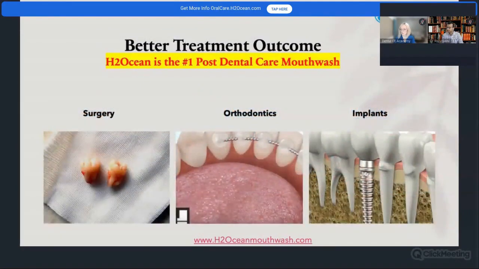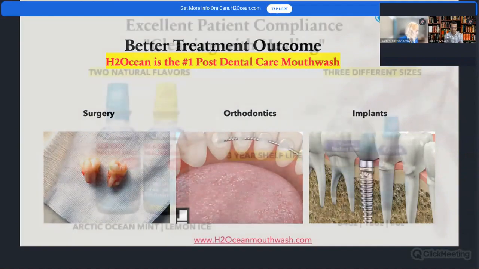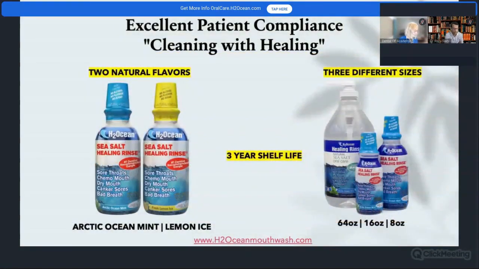Why choose H2 Ocean? H2 Ocean has become the number one post-dental care mouthwash for surgery, orthodontic, and implant. We offer excellent patient compliance with our cleaning with healing approach. Our product comes in 2 natural flavors, Arctic Ocean Mint and Lemon Ice, and also 3 different sizes to suit